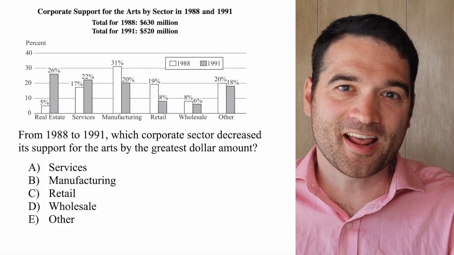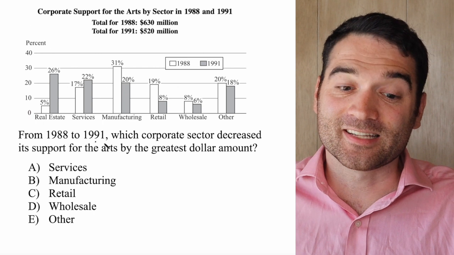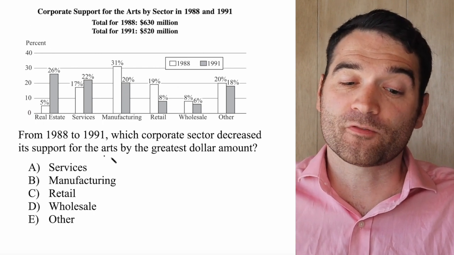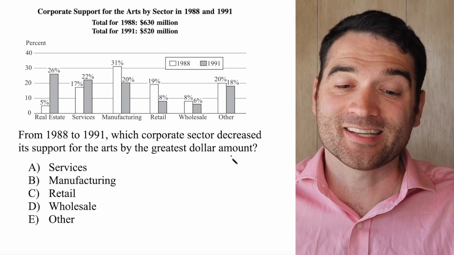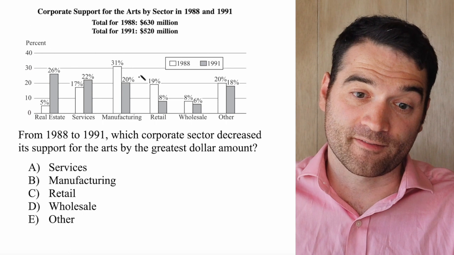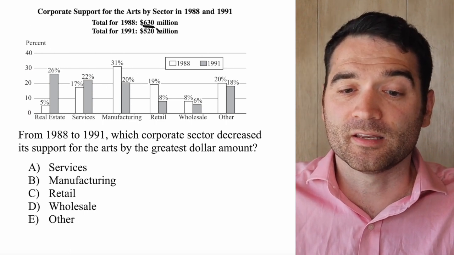Here's a GRE data analysis question. Let's take a look. From 1988 to 1991, which corporate sector decreased its support for the arts by the greatest dollar amount? So just to review the chart that we have here, we're given the total amount spent in 1988,